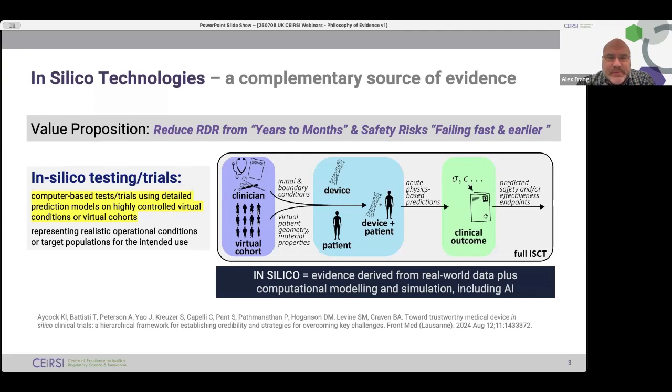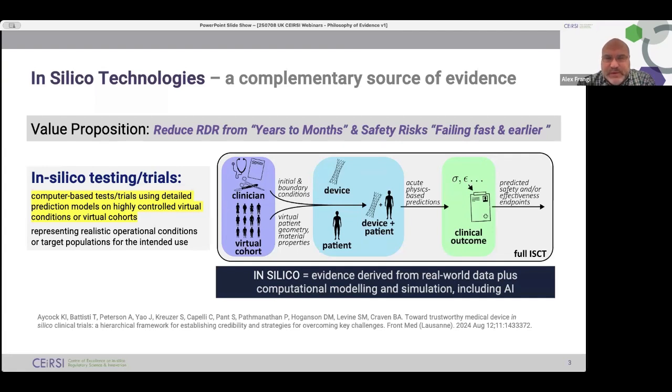Essentially, what these techniques are all about is modeling, partly based on real-world data, partly based on information and knowledge that we have in the literature, covering aspects like the patient populations, the influence of clinicians, approaches to the treatment, the devices themselves, their interactions with the patients, and also modeling how some of the quantities that we can simulate, which can be of physical, biochemical, or other natures, can relate and translate into metrics of more clinical relevance, like, for instance, survival, comorbidities, complications, etc. And we tend to talk about in silico evidence for that evidence that is produced through this method.